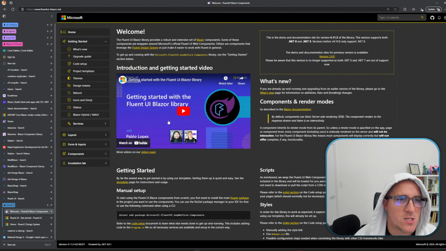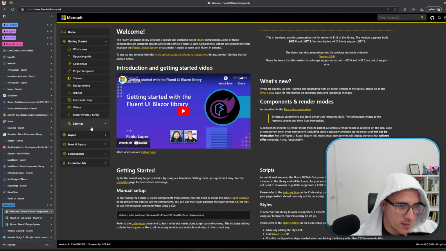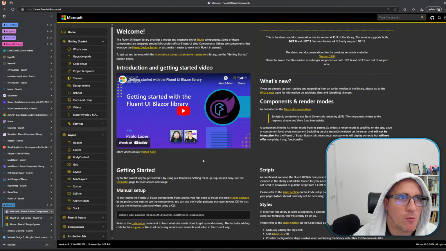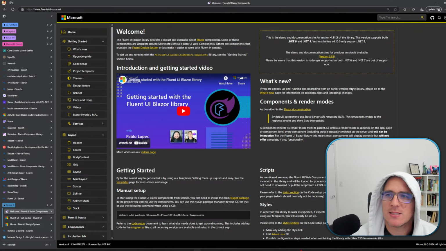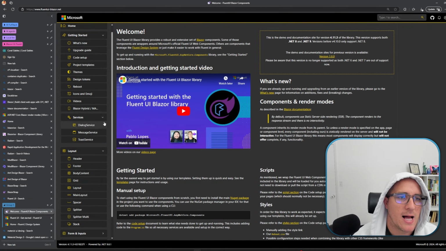Okay, we have this cool framework. This is the one that I'm using now, and I'm going to show you the template that they provide. So you have a very cool web page here, and as you can see, this web page is built with Blazor and also with Fluent UI. So the whole website is,